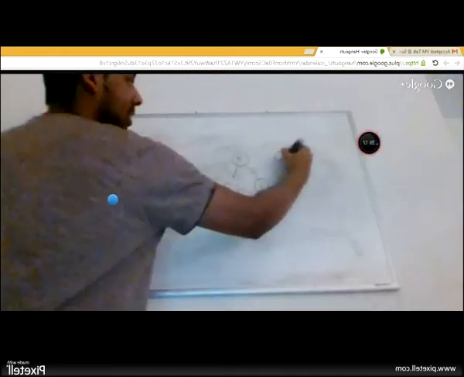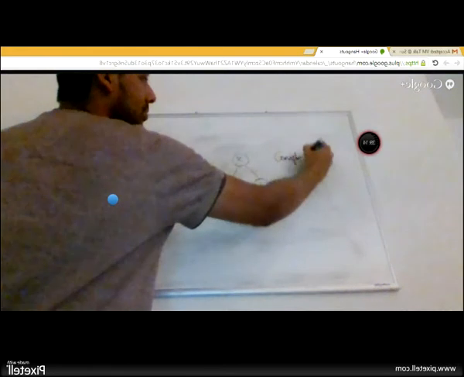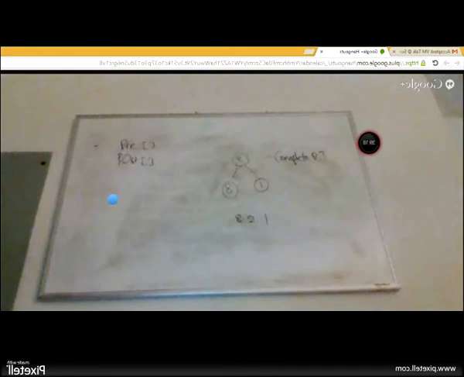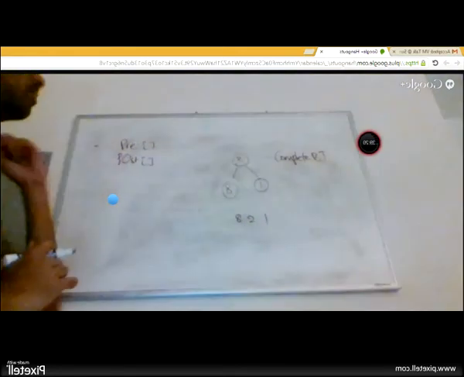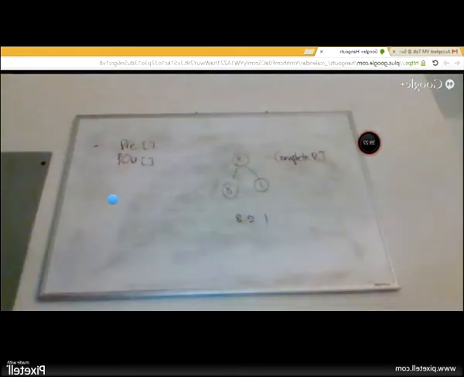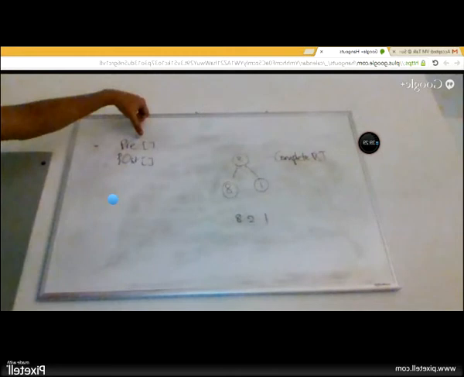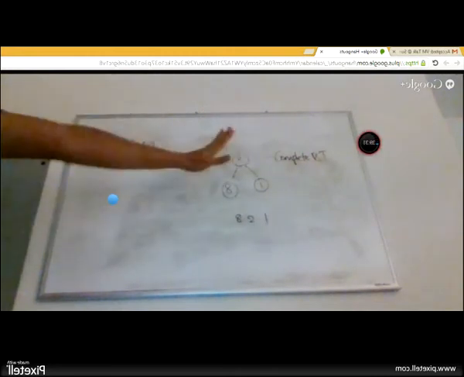So Sahil claims that if it's a complete tree, then you can solve this, but let's not make any assumptions about the tree. Can you work with something? The first element of pre-order is a root, and the last element of post-order is a root.